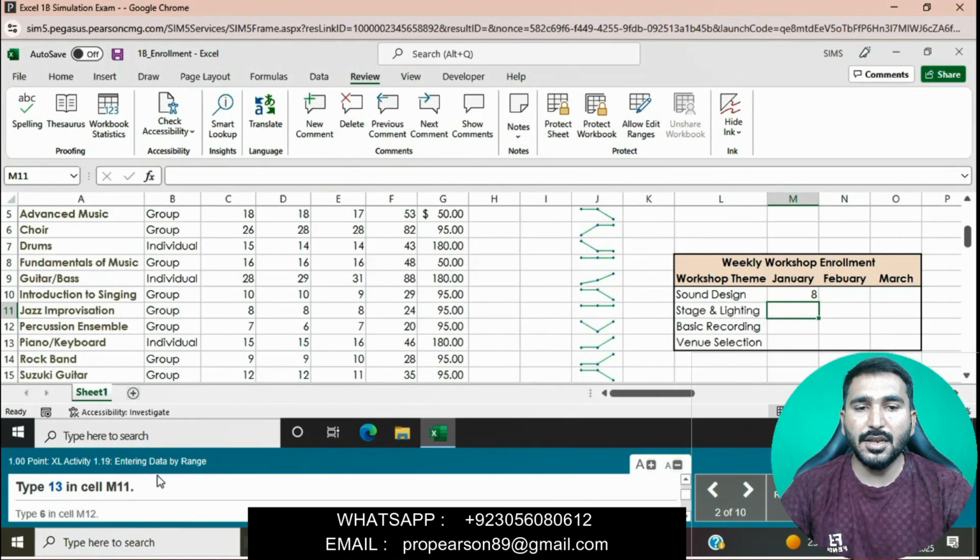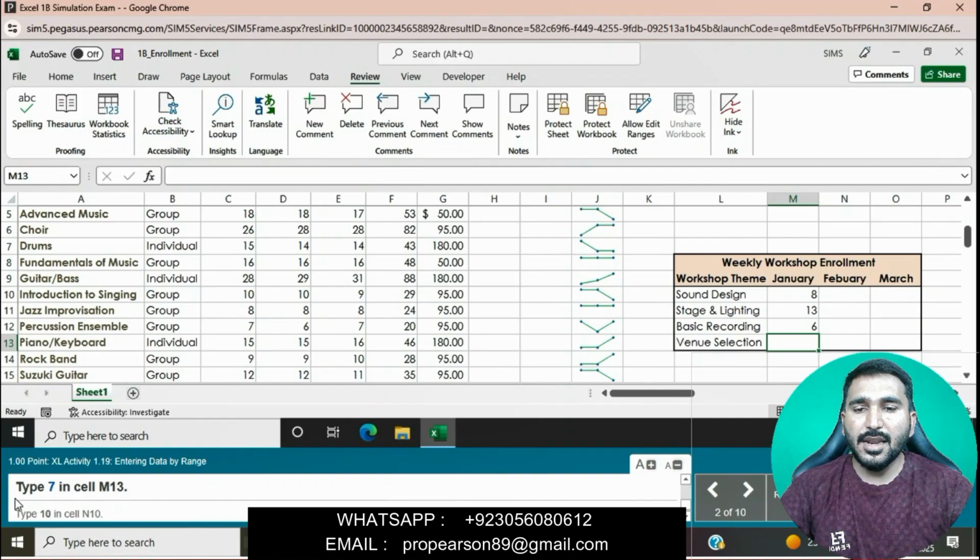Tab 13 in cell M11. Click on cell M11 and then we will tab 13. Tab 6 in cell M12. Click on cell M12 and then we will tab 6.